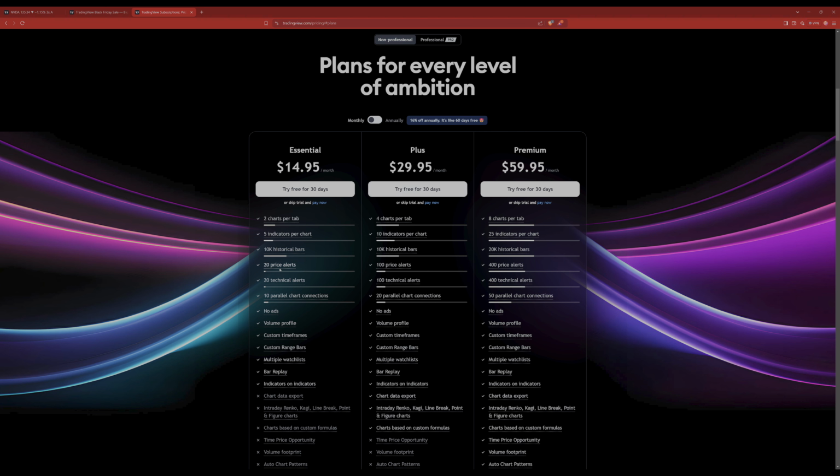Yeah, there you see, the essential will be totally good for a beginner trader or an investor. 20 price alerts. That's amazing. 5 indicators. That's perfect. So I highly suggest, if you're starting out and you're really serious, get the essentials package, because that's really powerful to have this price alerts, the technical alerts, and more than one indicator,